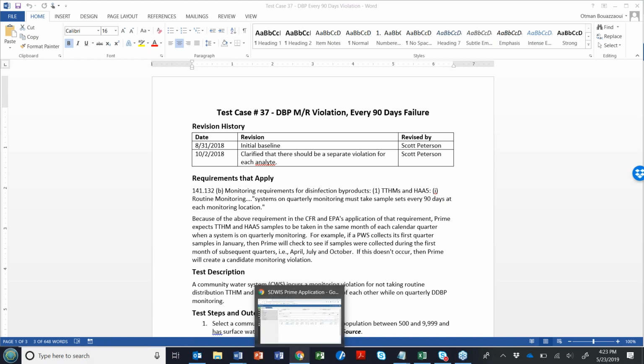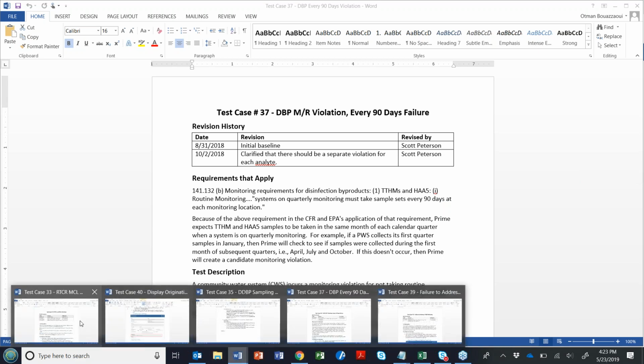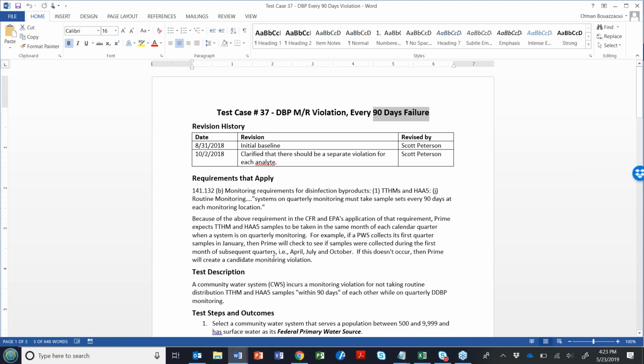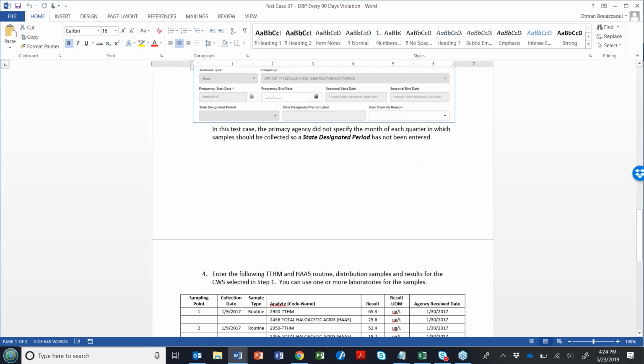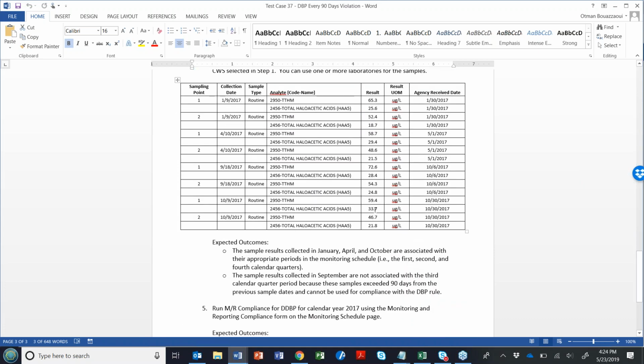The answer is yes. The BRE is coded to handle either direction. If the totals are entered, those take priority and the BRE uses those, but if there isn't a total, it uses the individuals to determine the total value and does compliance that way.